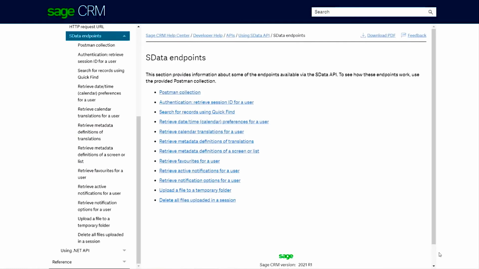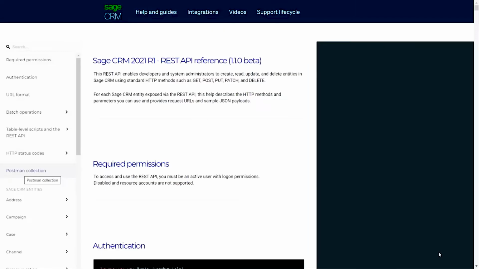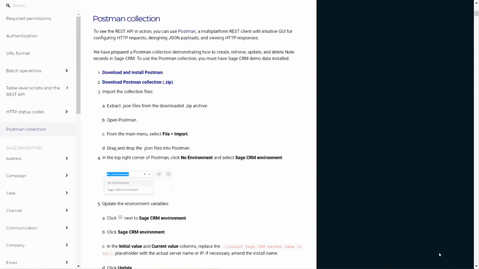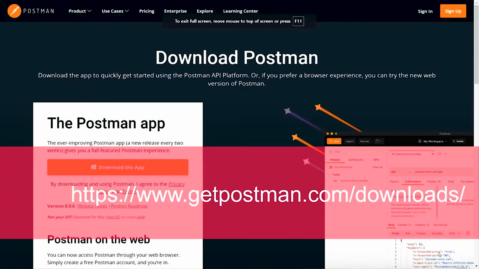The documentation for the new endpoints is split between the developer guide and the REST API reference. The example usage of all the endpoints is given within a Postman collection that can be downloaded by following the links in both the development guide and the REST API reference. If you're new to Postman, Postman is a REST client that can be used to create and execute queries, and the documentation includes a link to the Postman site. You can download the application from here,